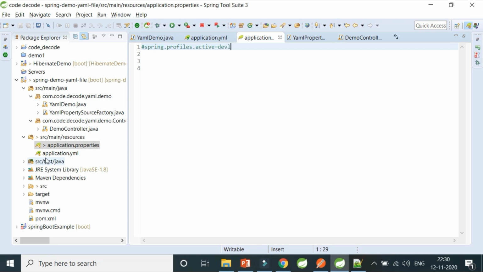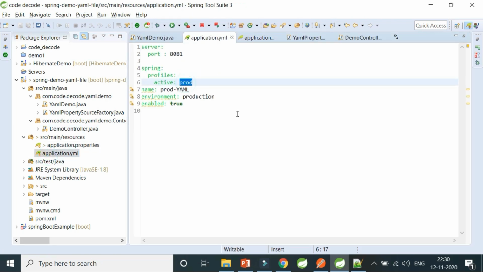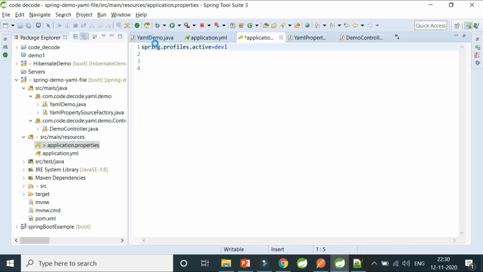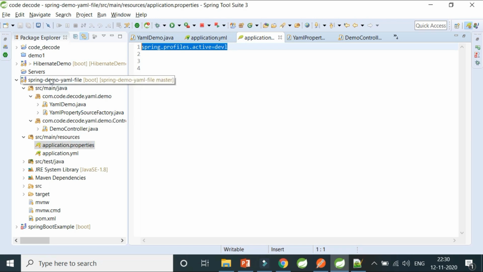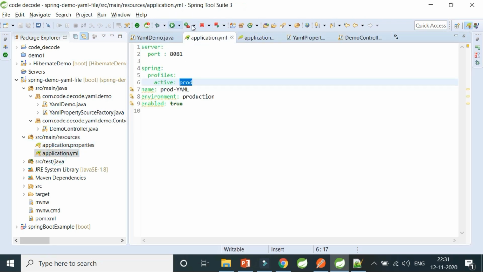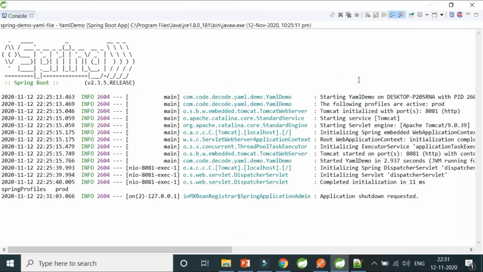Because currently you can see that my application was at prod. Now, if I uncomment this particular property and say that my application should run on dev rather than prod, then Spring Boot will become biased. It will say that no, application.properties is what I will give preference to, and I will set my application to dev rather than prod.